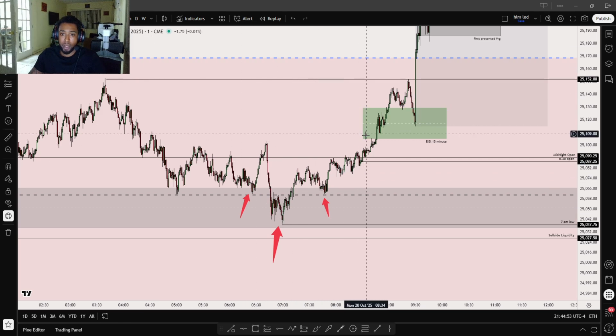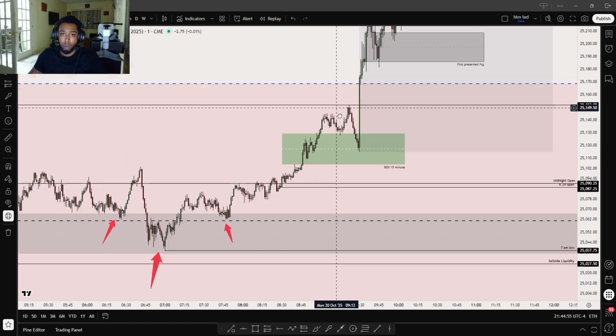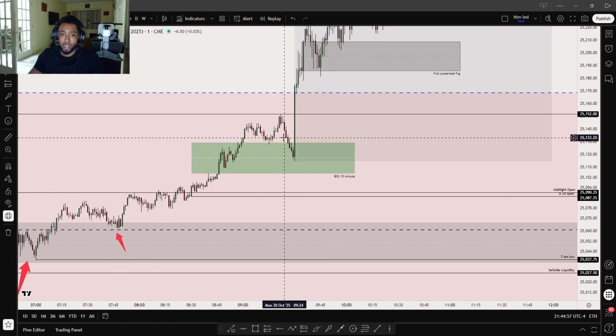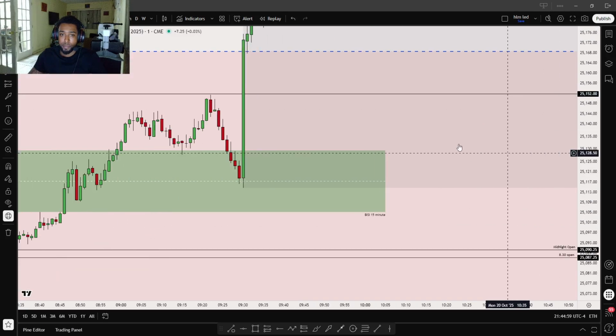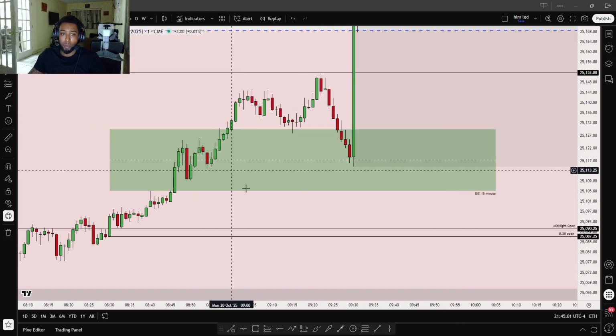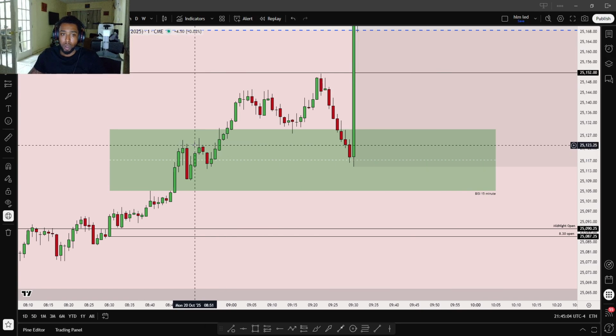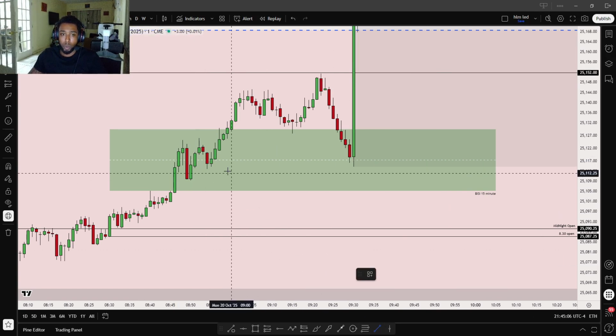You see how we rally up, then market open right here. This is 9 o'clock. We create this 15-minute fair value gap, right? Coupled with this order block change in the state. So we make this 15-minute